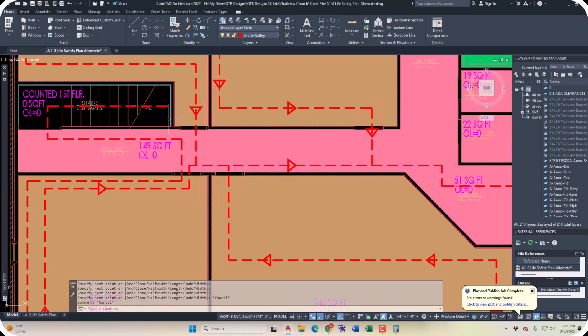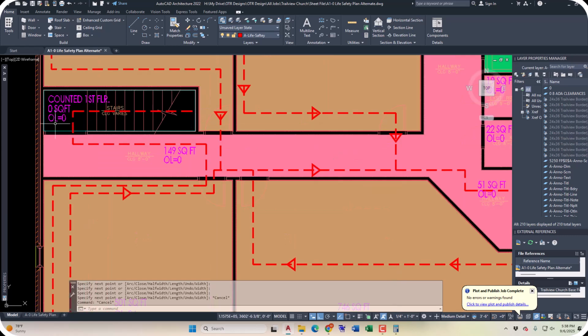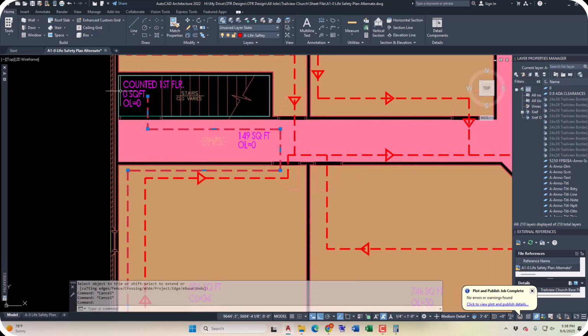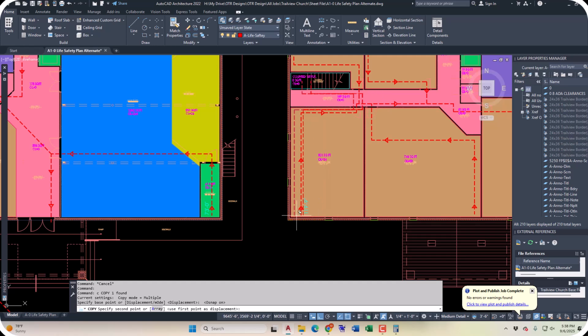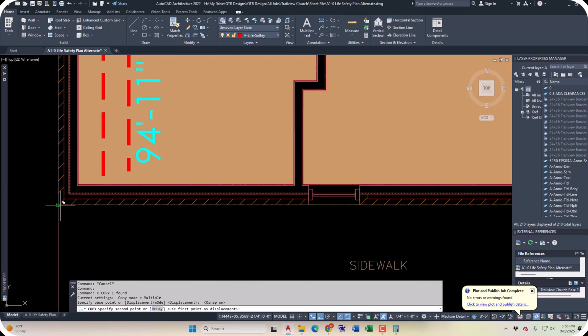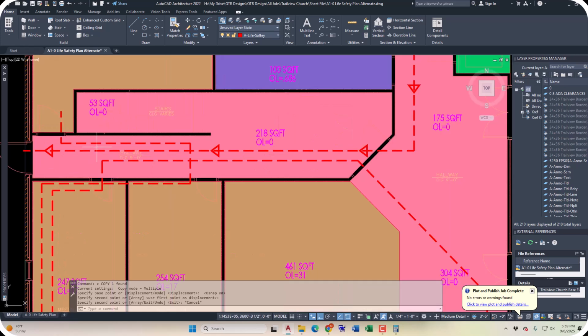This one's a little trickier because this one may be easier to stop here. So if I copy this and put it right here. Okay, so I know where it ends at the top, so now I can come down the stairs,